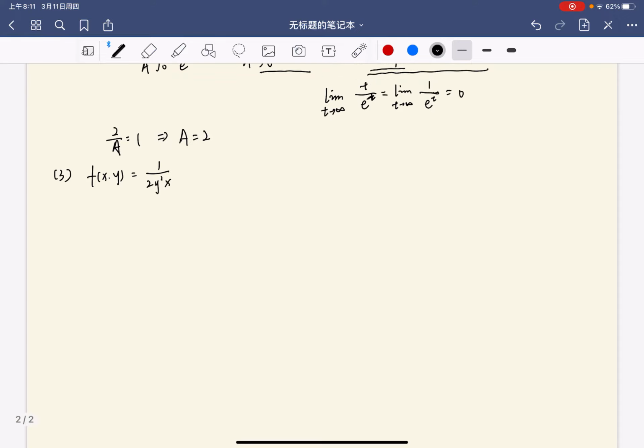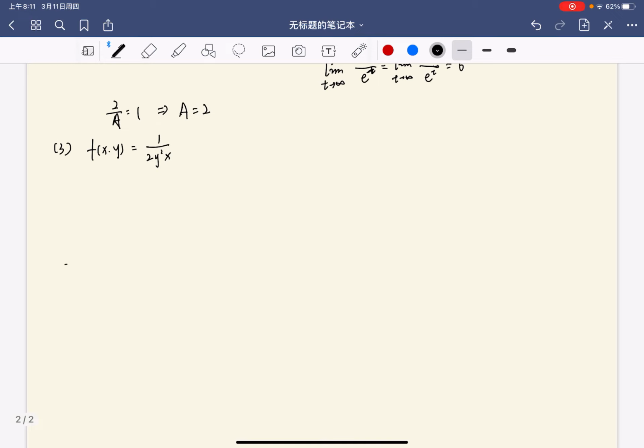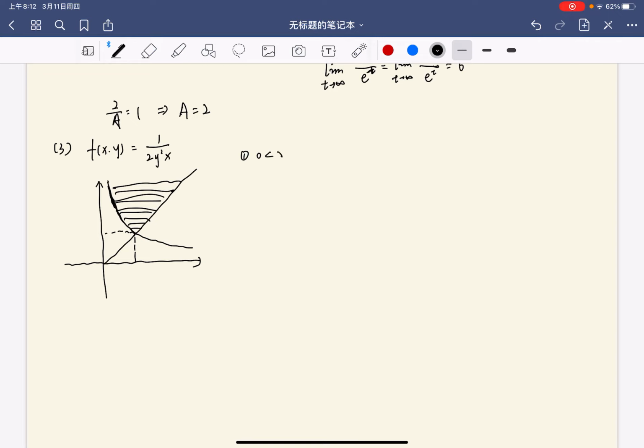So according to the definition region, when we calculate the marginal density function of x, we can find it should be divided into 3 parts. In the first part, when x is between 0 and